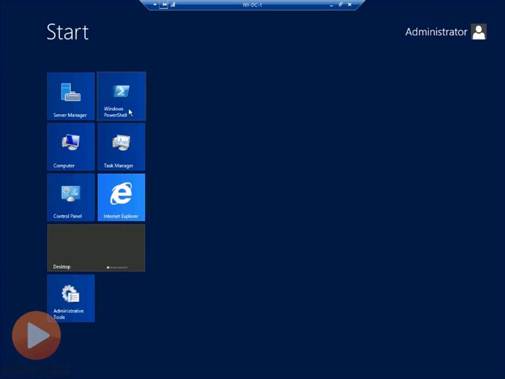But I want to show you that even if it wasn't there, I could just start typing the name of the utility that I want to look for. So I'll tell you what, instead of looking for PowerShell, let's open up the old command prompt, right? Because that's not here by default. That's not one of the default thumbnails that appears on the Start screen. Now, I could put it there. Again, this is all customizable, but since it's not there,